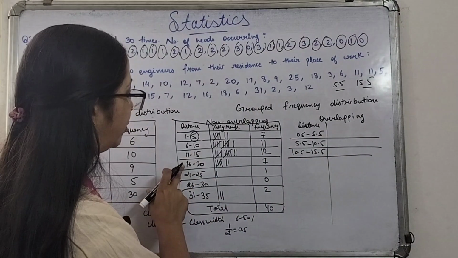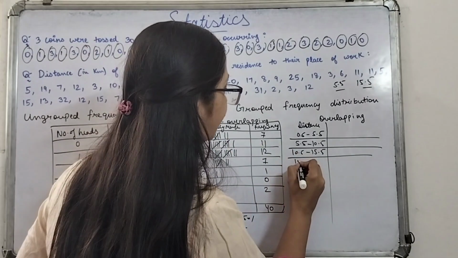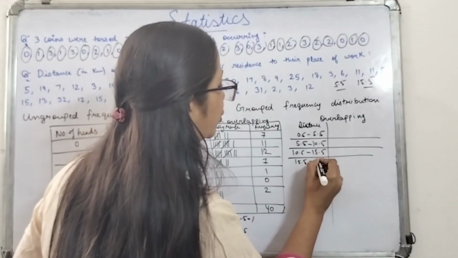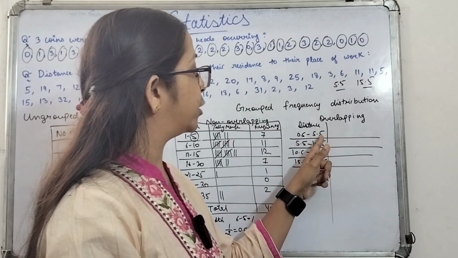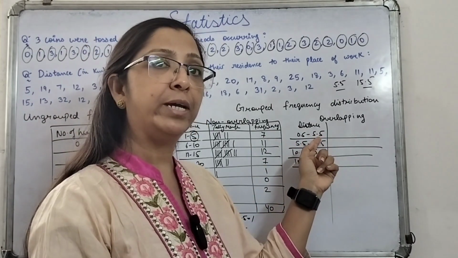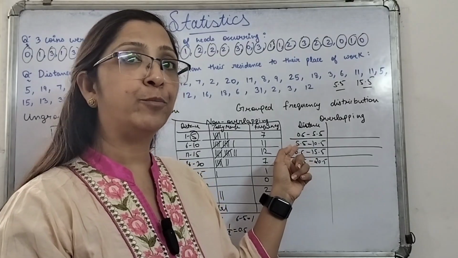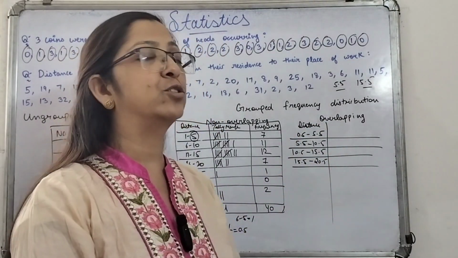Similarly, this class interval will be from 16. If we subtract 0.5, it will be 15.5. And the next will be 20 plus 0.5, which will be 20.5. So over here we can see that the upper limit of this class interval is 5.5 and the lower limit of the next class interval is also 5.5. Because it is the same, these types of class intervals are known as